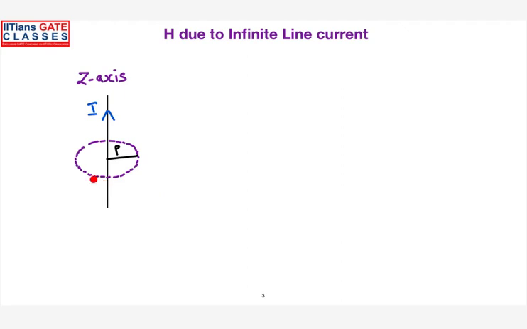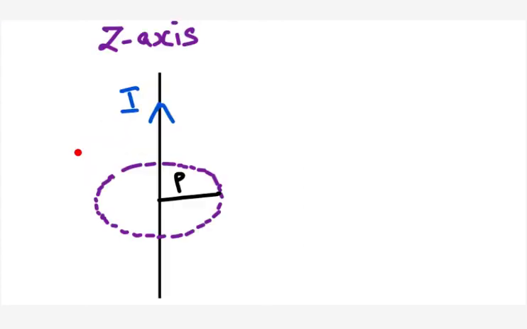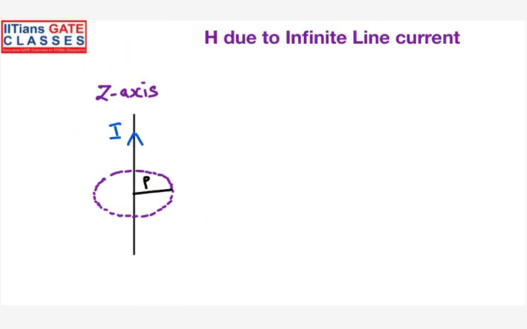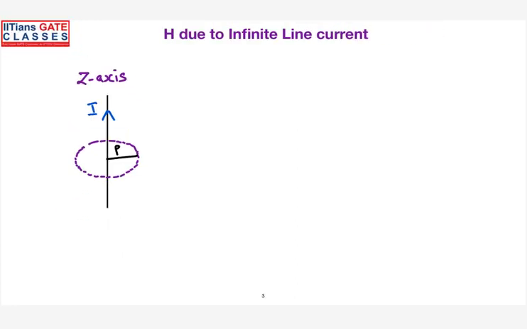The next thing, I have assumed a loop around this wire. Is it symmetrical or not? This is my particular point of interest where I have to define the magnetic field intensity. So I am finding the magnetic field intensity at a radial distance of rho. First, I enclosed the source with a closed line. This line is also symmetrical because wherever you consider the point, you will always be at equal distance from the source. In that way, the symmetry is ensured.